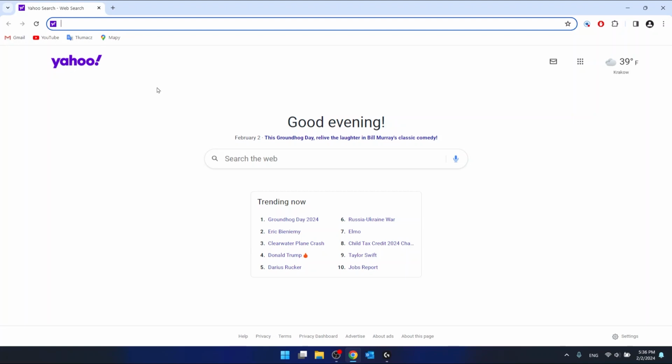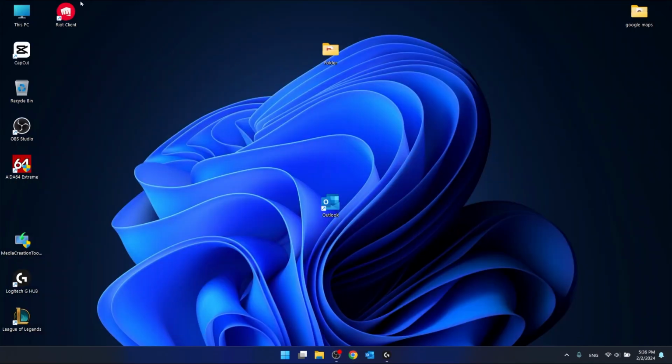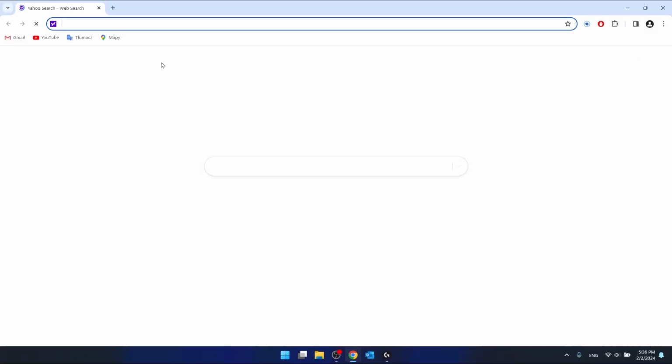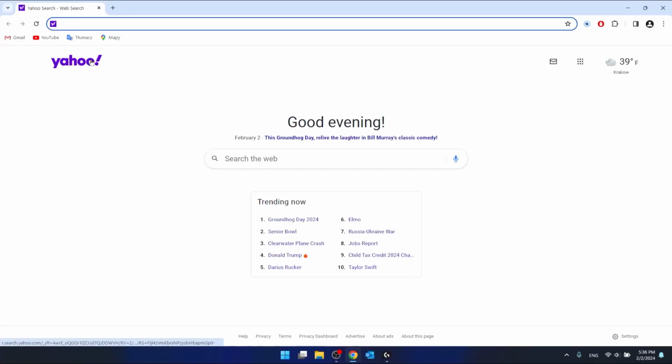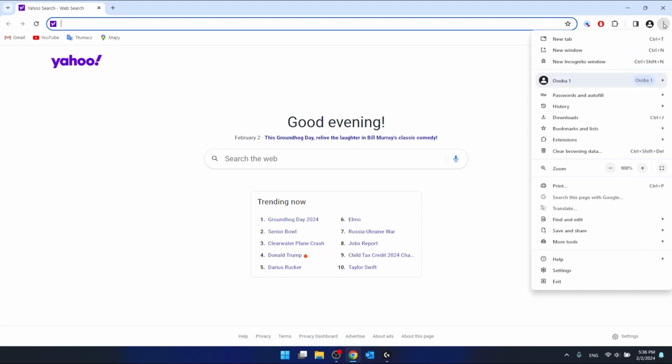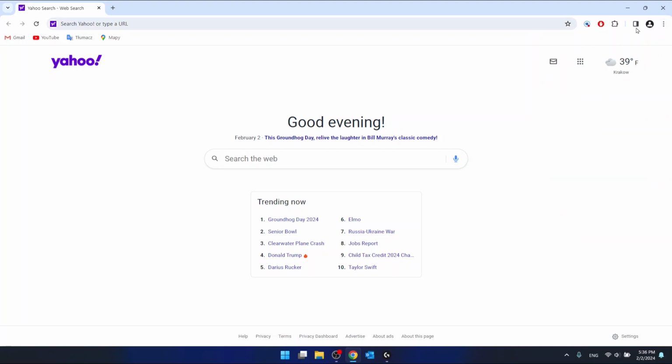As you can see, I'm using Google Chrome right now, and if I open a new tab, this will bring me to Yahoo. If I shut down Chrome and open it again, it is going to open Yahoo. So it means that my search engine in the settings of Chrome is Yahoo right now, and to change it,